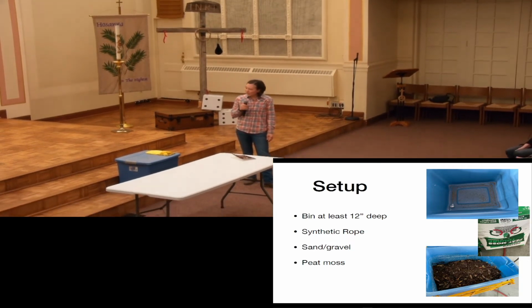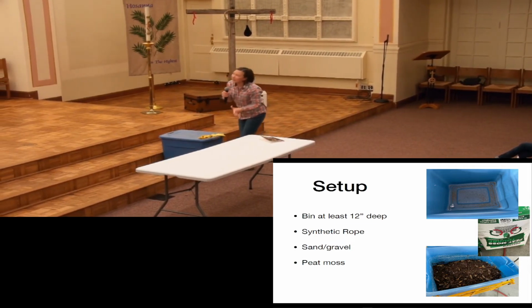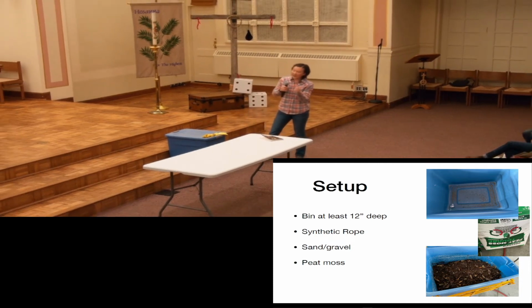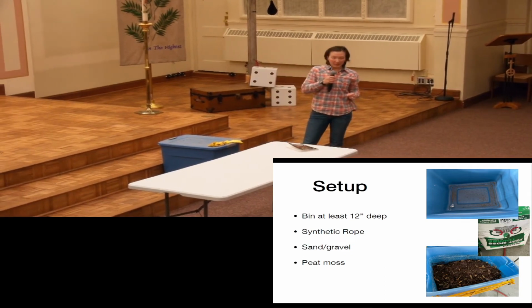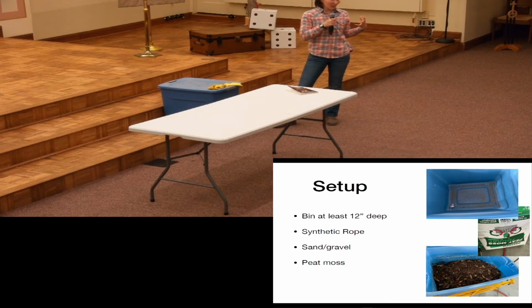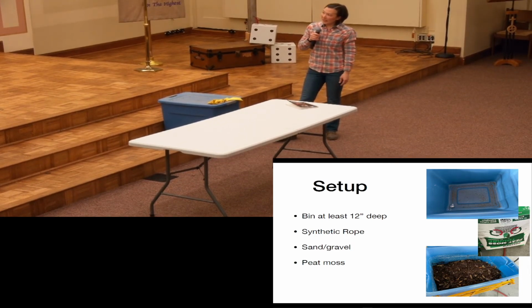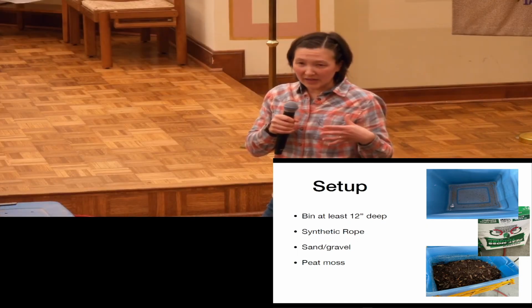You also need a synthetic rope, and you can see in the picture, I drilled a hole at the front of the bin, and then you just tie a knot in this thick rope and pull that through. The knot just helps keep it in place. And then you need a layer of sand and gravel, because like chickens, they need that grit to help digest the food. And I use peat moss. There are other materials that you can use that she lists in her book, but I just bought a bag of peat moss from Menards. With the peat moss, you do need to dampen it before adding it to the bin. Worms don't like to be dry. In fact, they can't survive if they're dry.